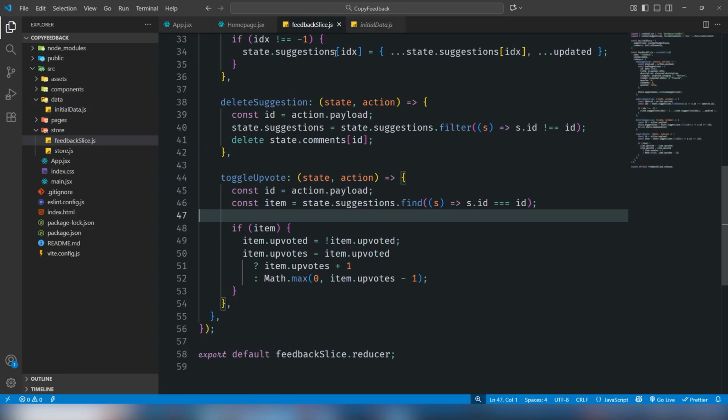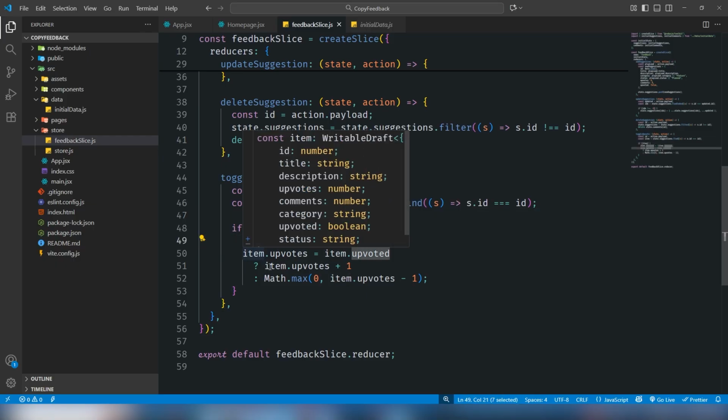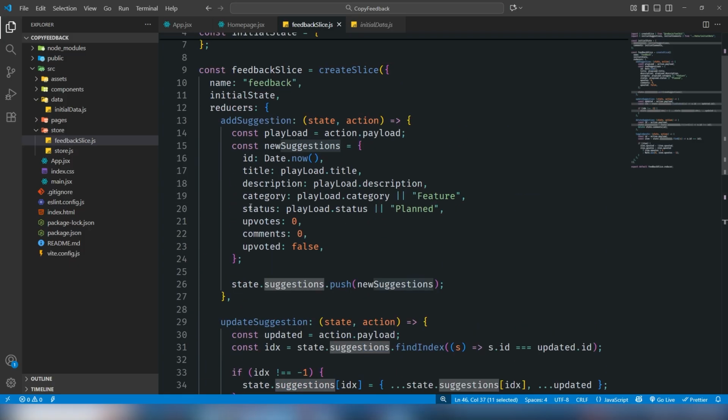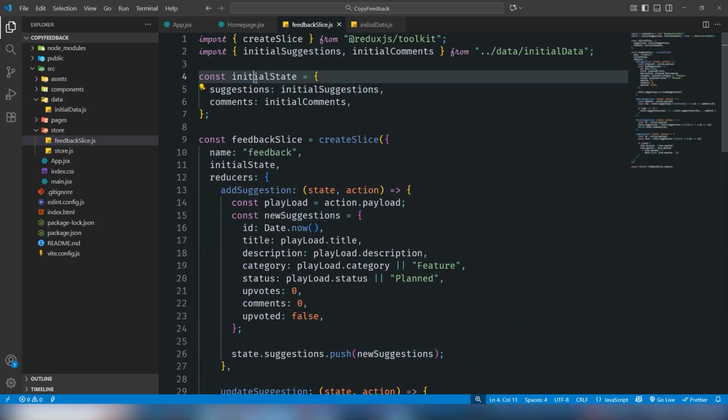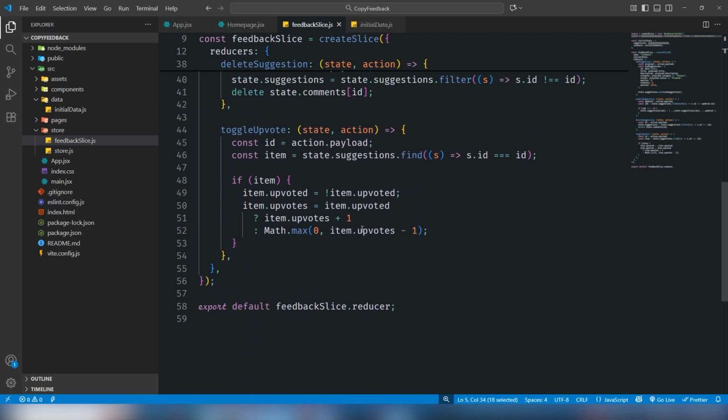So I use that item.upvoted and use the conditions. So this data is coming from state.suggestions. In the state.suggestions means I have used the suggestions inside the initial state. In the initial state I have a data which is coming from my mock data. Alright, so let's move on and we're going to use the